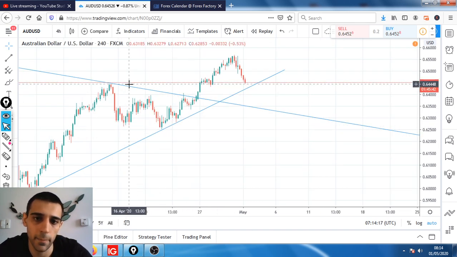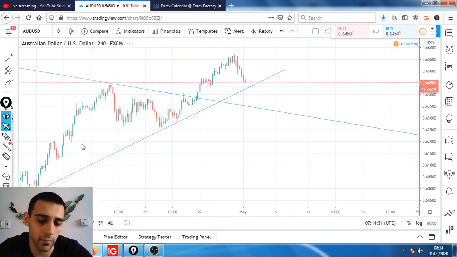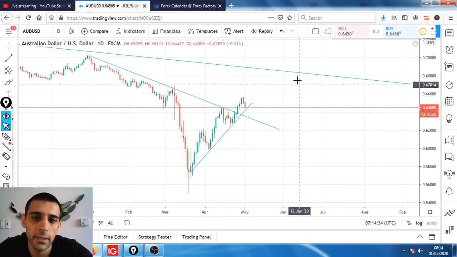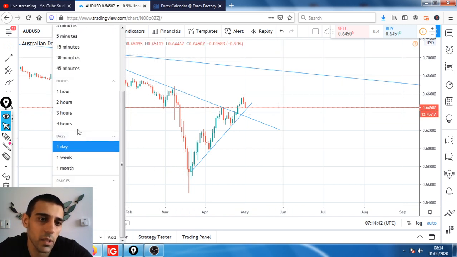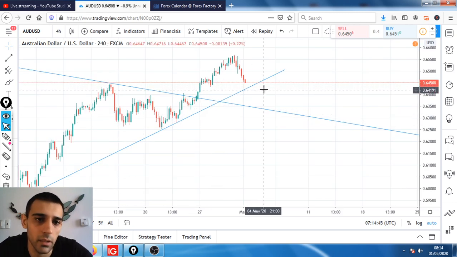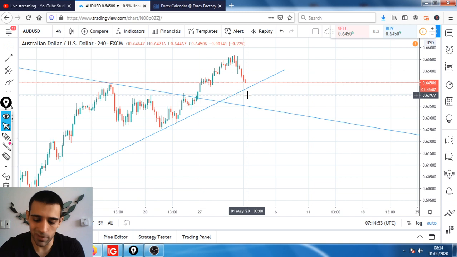4-hourly time frame. So we can't use this one as a target, and we need to use the target down to this level. So roughly about the 63.90 zone. Let me have a look at the daily time frame, see what we have on there. On a daily time frame, okay, we can use, no, that's too far away. So we're going to use the 4-hourly time frame as on here. So we're going to run it down to 63.90 or 63.95. So we're looking at about a 70 pip gain on this one.